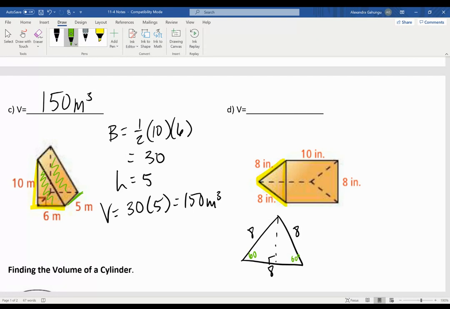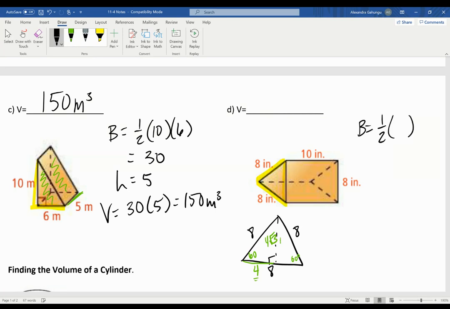And I also know that this height's gonna cut our guy in half, make this 4. So to go from my little leg, this 4, to my big leg, I'm gonna multiply by rad 3. So it's gonna be 4 rad 3 here. This is the only time, because it's not a right triangle here, that we're gonna have to do something like this. So now we're gonna find the area of our base,